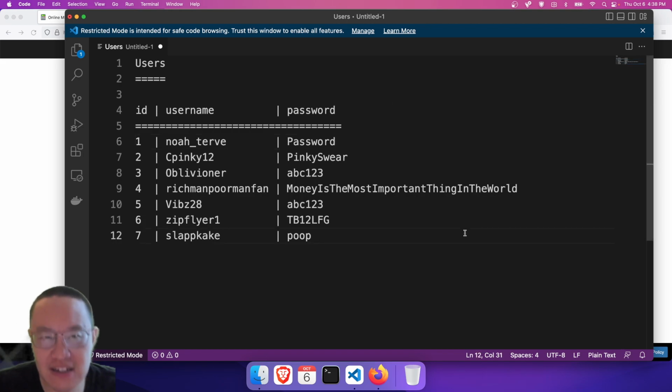So here it is. So now we have a table of users. This table will have 3 fields currently: ID, username, password. Now, when you're designing databases, one of the things that you have to keep in mind is,